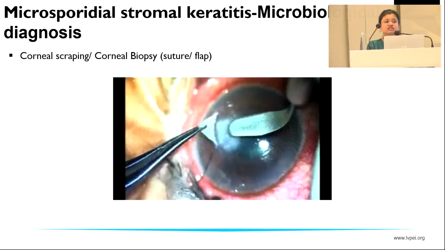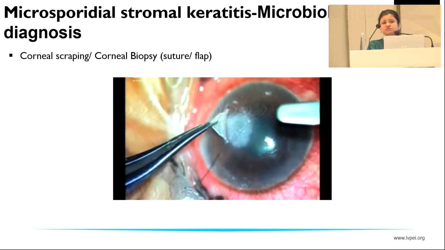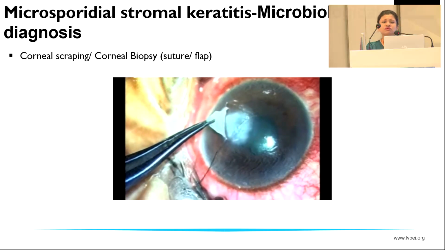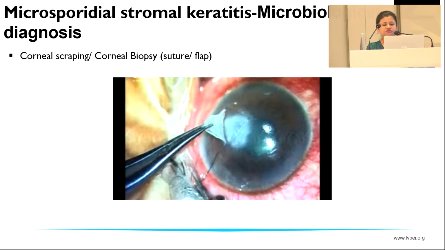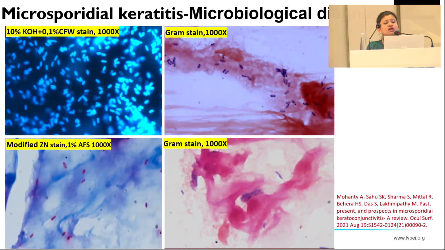As it is a deep-seated infiltrate, the microbiological diagnosis can be done by a corneal scraping if it is accessible, or a corneal biopsy by raising a triangular or rectangular flap and scraping the base as well as the flap of the corneal biopsy that is raised. Coming to the stains which are used,